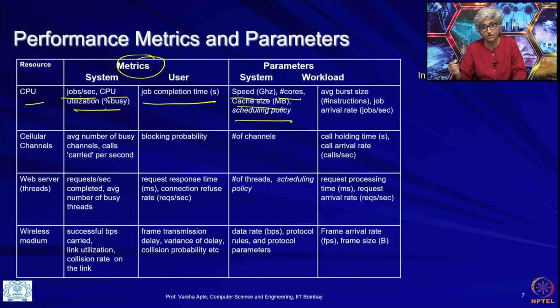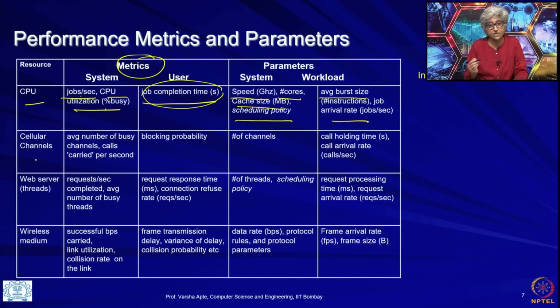of course, the scheduling policy, it is very important in terms of some of these metrics. We know, for example, that there are some scheduling policies which are better for job completion times, other scheduling policies are worse for job completion times. You can recall your operating systems undergraduate material, and we will discuss this in some other lectures. Then there is a workload parameter, right. Each job is bringing how many instructions to the CPU, and of course the job arrival rate itself.